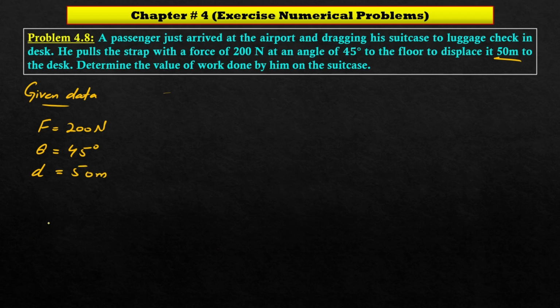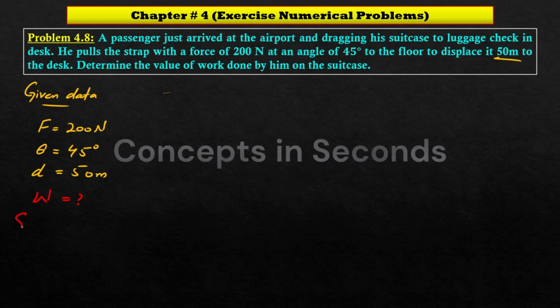Determine the value of work done by him on the suitcase. उसने suitcase पे जितना भी work done किया उसकी value determine करनी है. So we have to find the work done. W is equal to question mark. Solution: